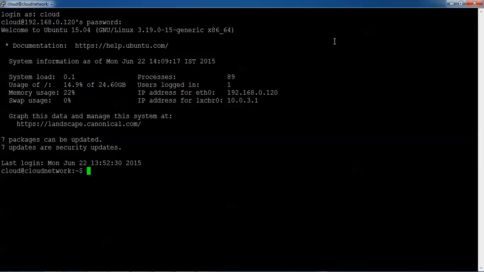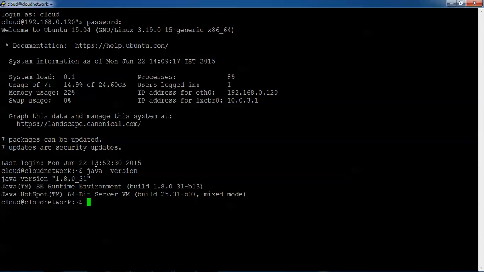So now I have been connected with the PuTTY here. Let us check whether Java has been installed in my system. Type java, give a space, type -version. So here on the screen you can see the latest version 1.8, the 64-bit, and this has been installed in